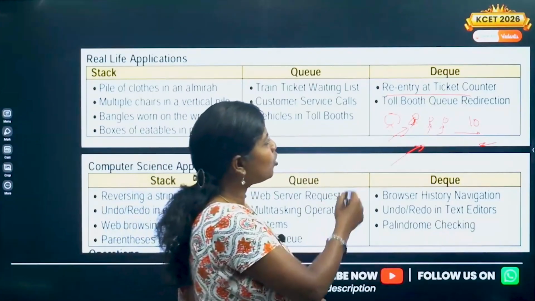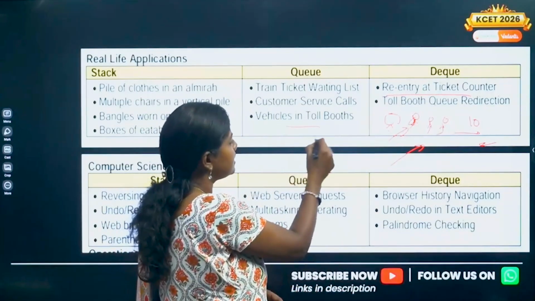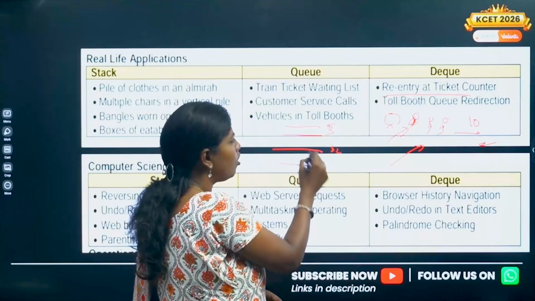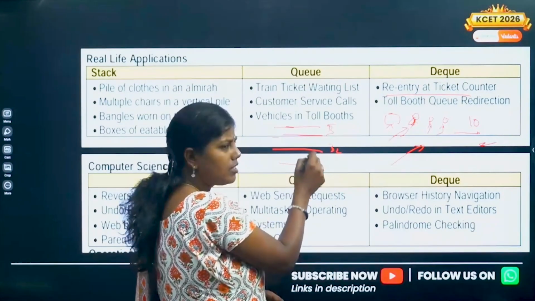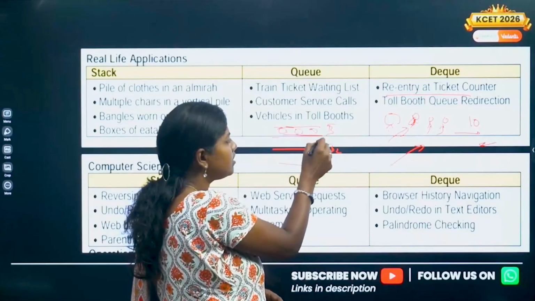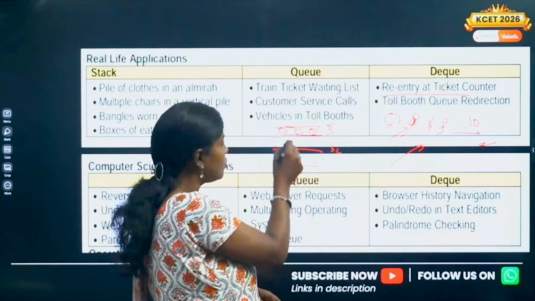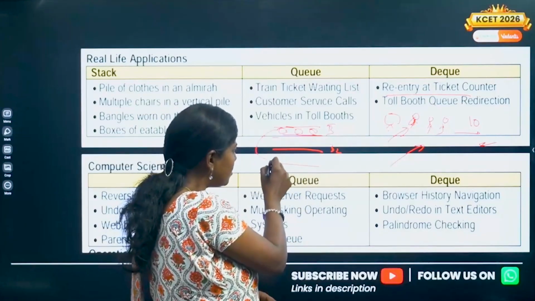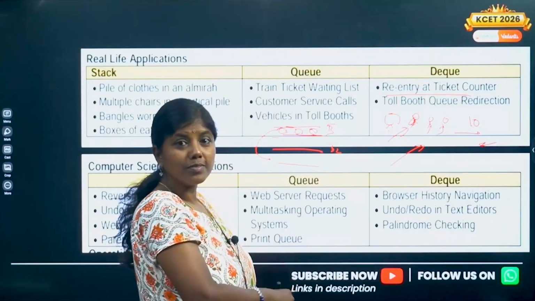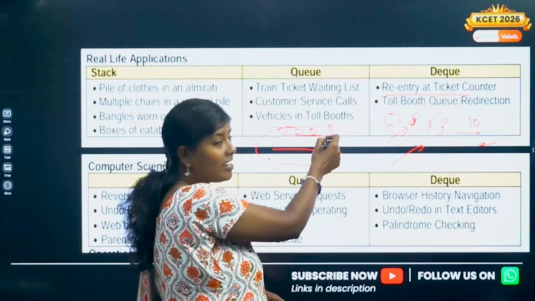Similarly, toll booth queue redirection. What does toll booth redirection mean? Let's consider there is a particular toll booth 1 and there is another toll booth here. All the vehicles got stuck up here and there is no vehicle standing here. There are some 3 vehicles standing here. The system got stuck up here. So now this car can come here and join this particular toll booth. Deletion is taken from the rear end, not the front end.